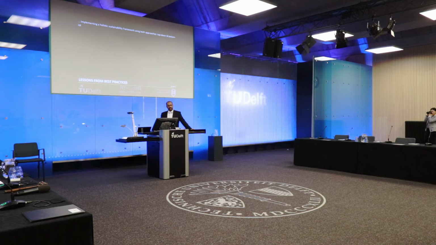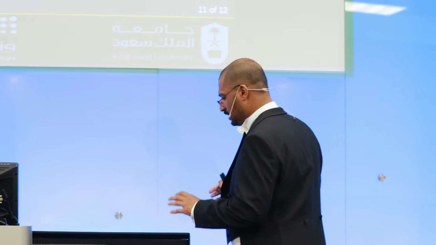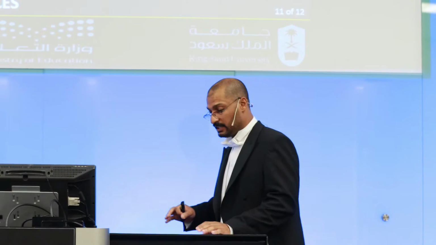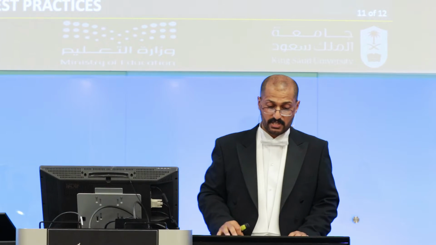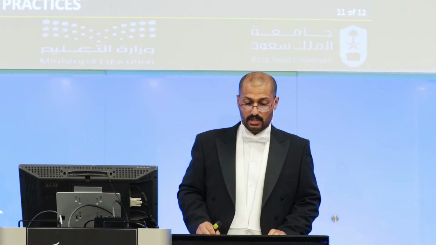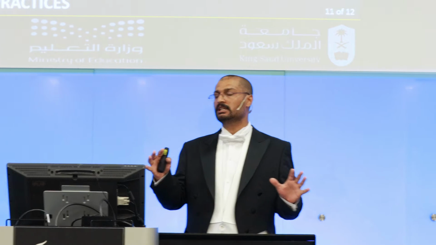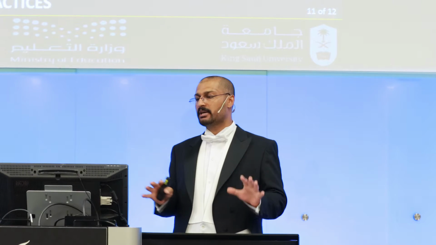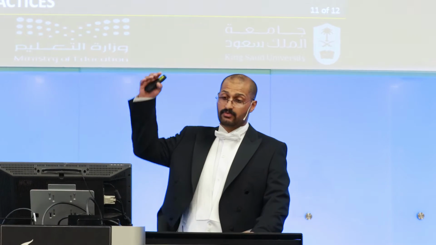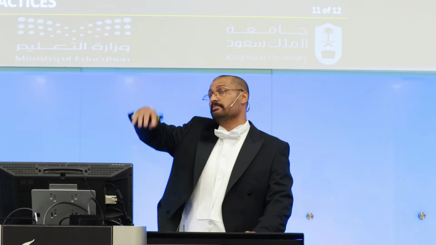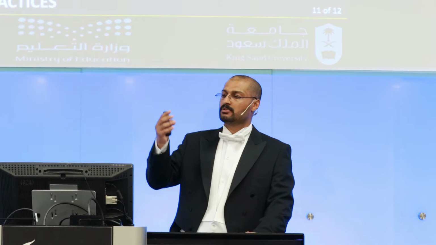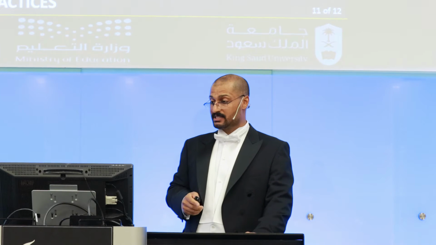Now, the lessons learned from best practices are as follows. First one, implementing a holistic sustainability framework using both a top-down approach and a bottom-up approach. If we investigate sustainability in well-known public universities in the West or in Europe, we see they have a comprehensive approach, addressing almost every aspect of sustainability, both from the top, from the rectorate and top management, and from the bottom, with initiatives from students and staff.